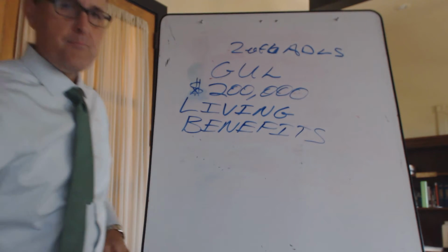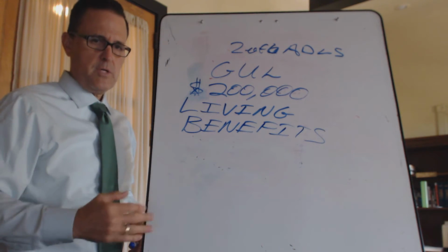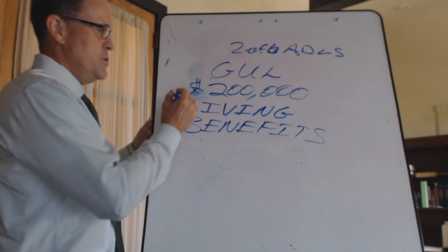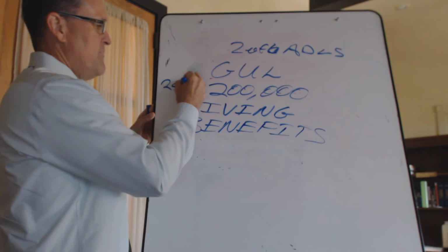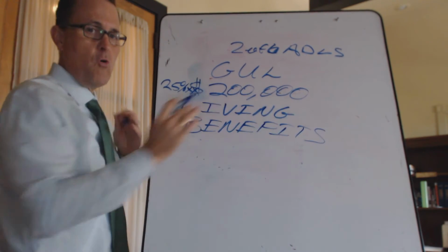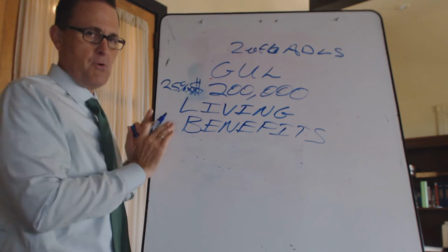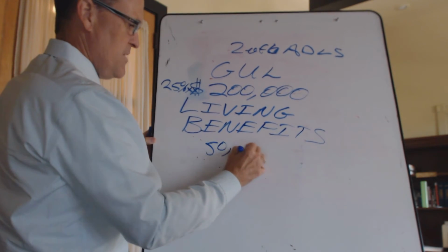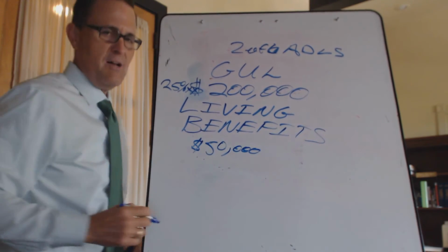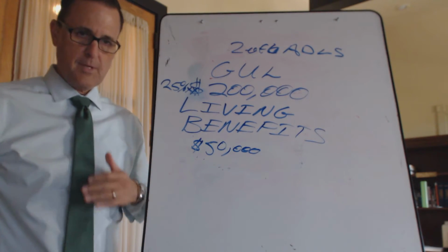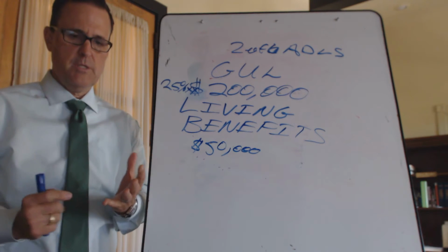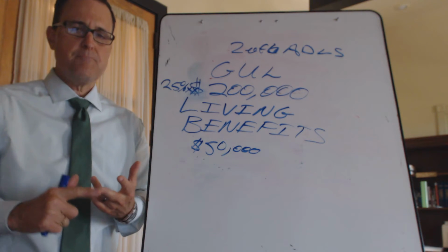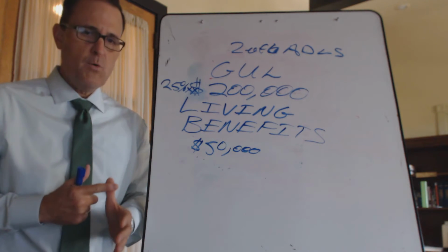We also have the critical illness rider. The critical illness rider is based on a percentage of the death benefit, and you can utilize up to 25% of the death benefit over the life of the policy. This is not per year, over the life of the policy. So in this case, you would have $50,000 available to offset costs associated with a critical illness. Well, what is a critical illness? A critical illness would be heart attack, stroke, organ transplant, kidney failure, a bout with cancer.